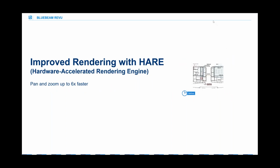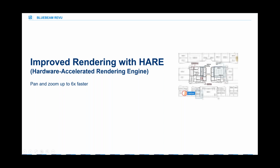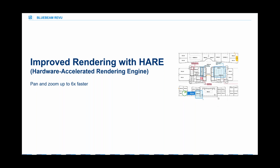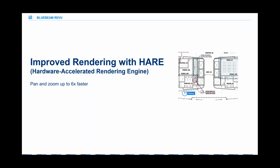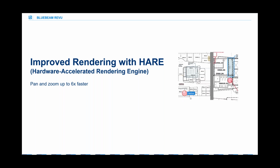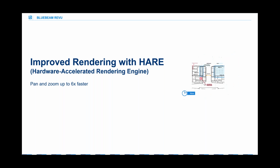Well, honestly, that's a lot of what I see is the speed, right? And what we're going to see with 2019 is they have a new rendering engine, a hardware accelerated rendering engine that's going to allow us, like right in here, it's playing on the side here. Typically, that's what you'd see when you zoom in and zoom out real fast, it takes a minute to render. On these large document sets, sometimes you'll actually see it just turns black, or it'll turn white, and then it takes a few seconds to